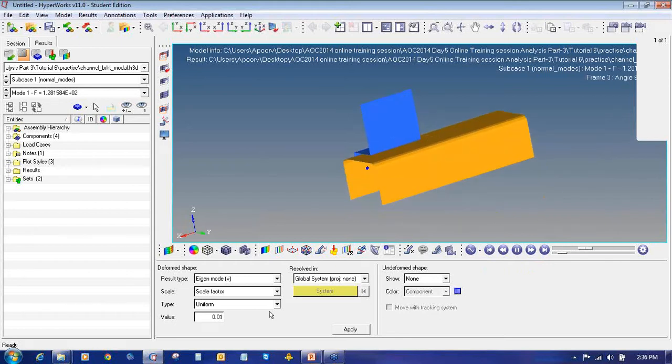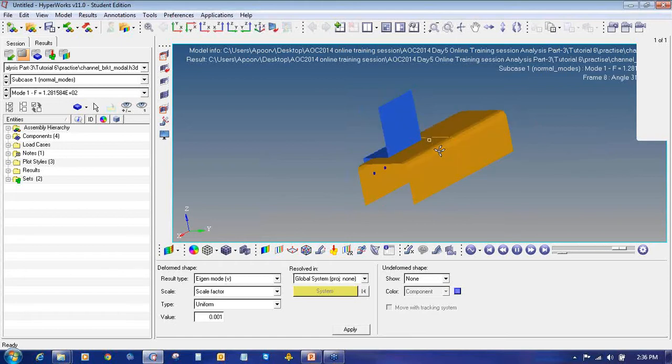So this is the modal animation. So these are the different mode shapes.